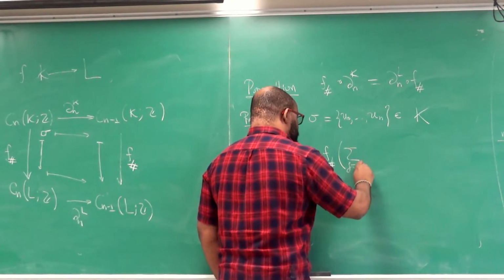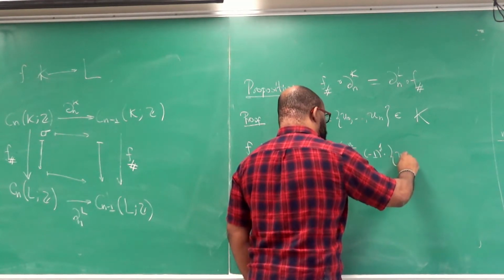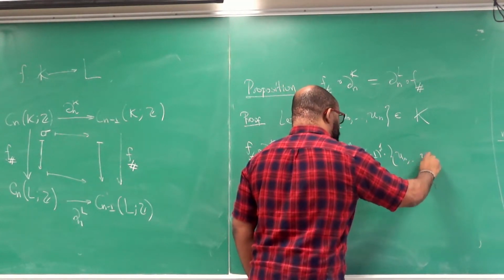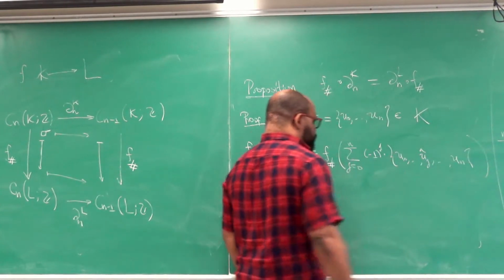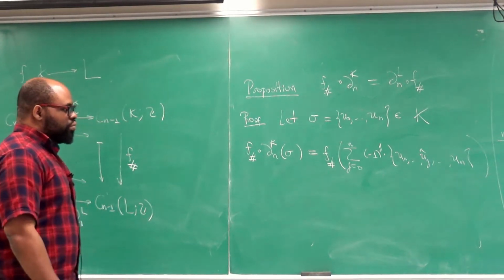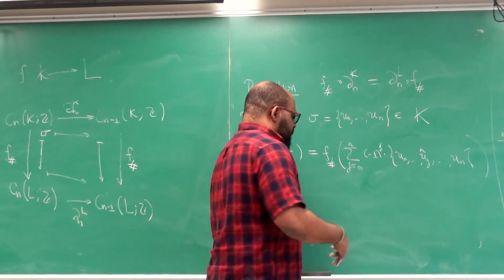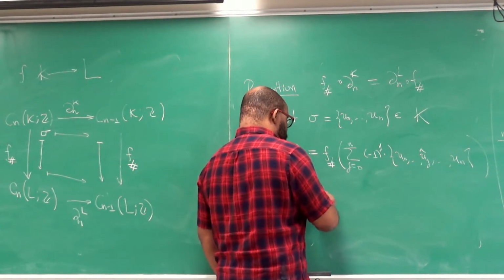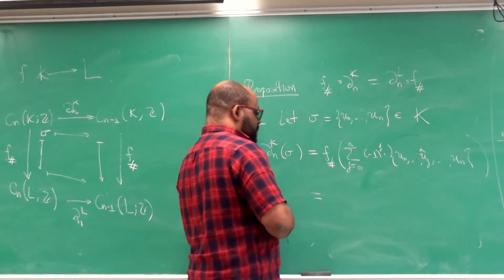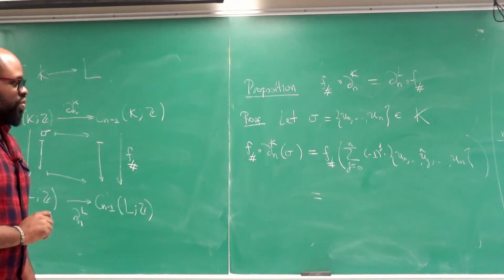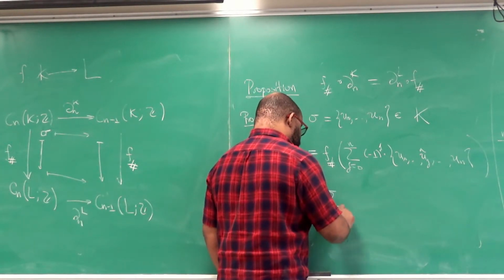So that is the sum over j of minus 1 to the j times u0, I remove uj, and then un. And then if I apply f's here, then up to a sign, this is essentially